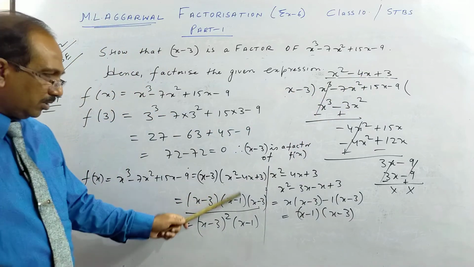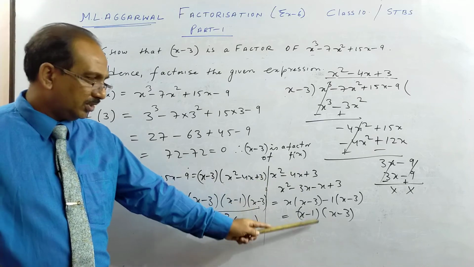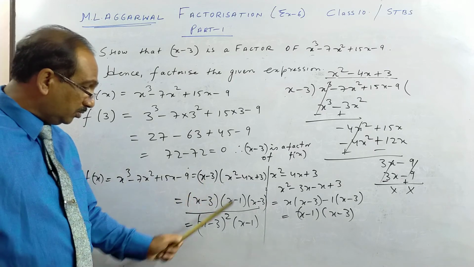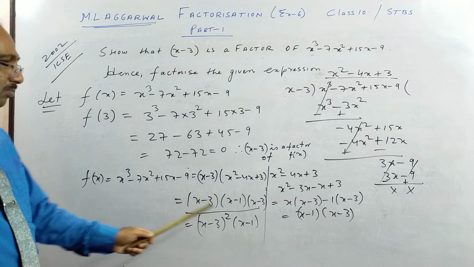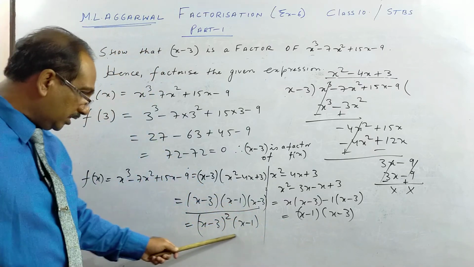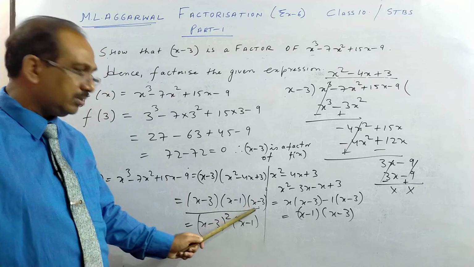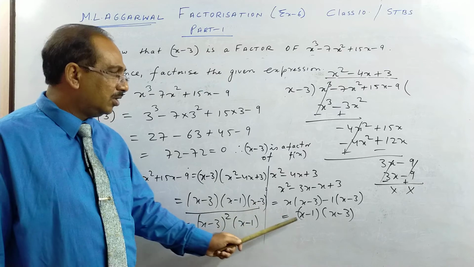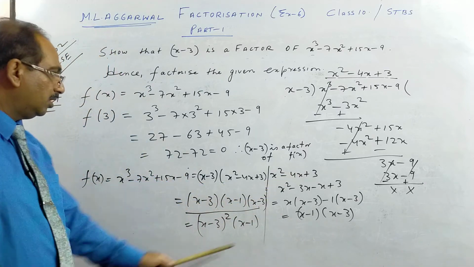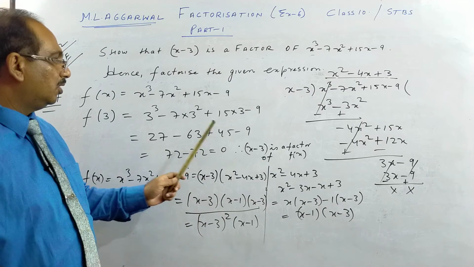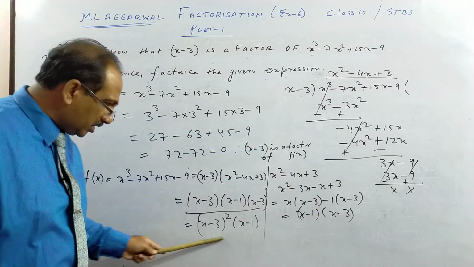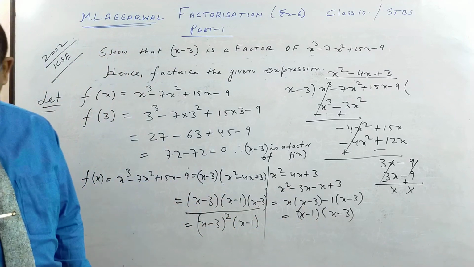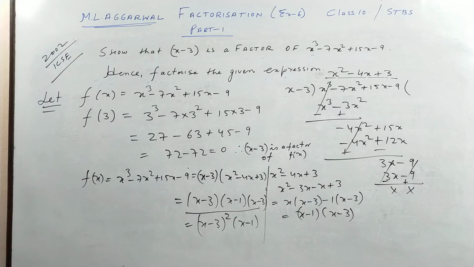Finally you will break the quotient into two parts. And a final, very important thing: your answer should be this into this into this, all three factors you have to show. Sometimes children write only part of it; everything is right, but they don't write that f(x) is equal to this into this into this. So you lose 1 mark, children, because it's a cubic equation, it will have 3 factors. This part missing means you lose 1 mark. So 1 mark here, 1 mark here, and the final answer with correct factorization gives you another mark.